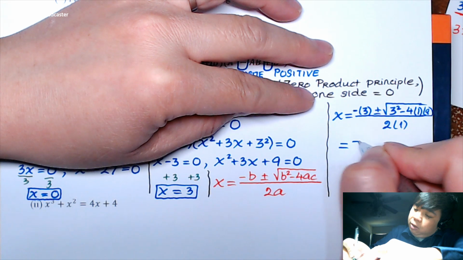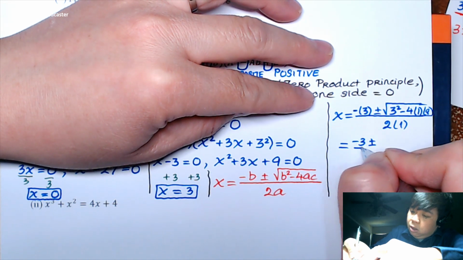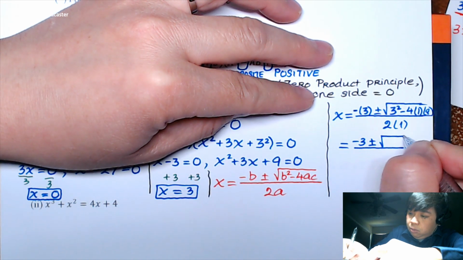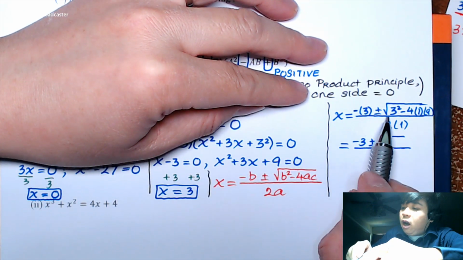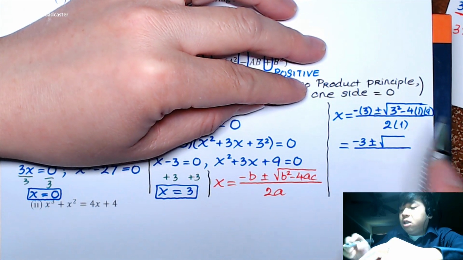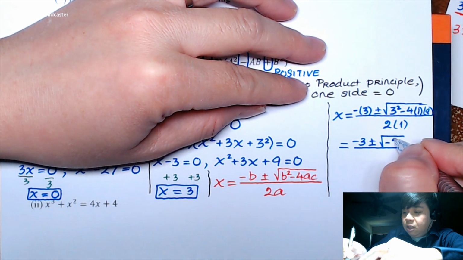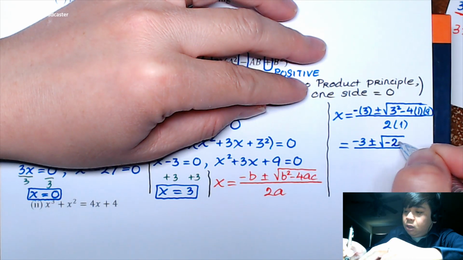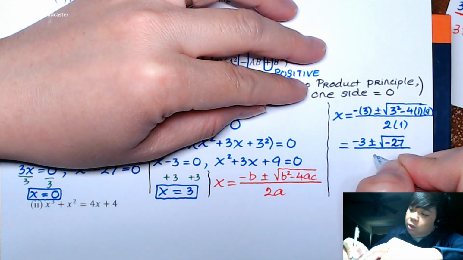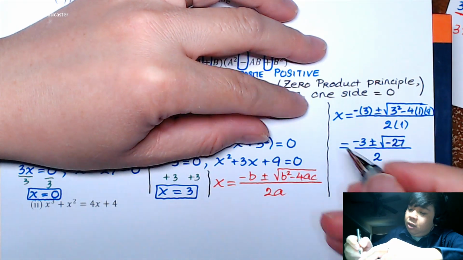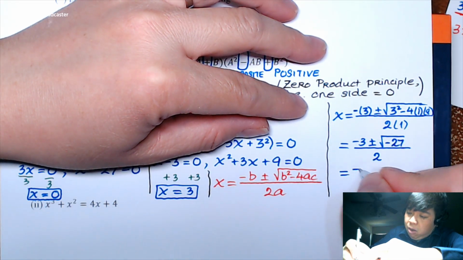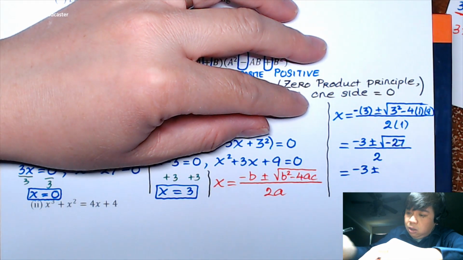So that gives us negative 3 plus or minus square root of 9 minus 36, that is minus 27, over 2, and that is minus 3 plus or minus, okay,